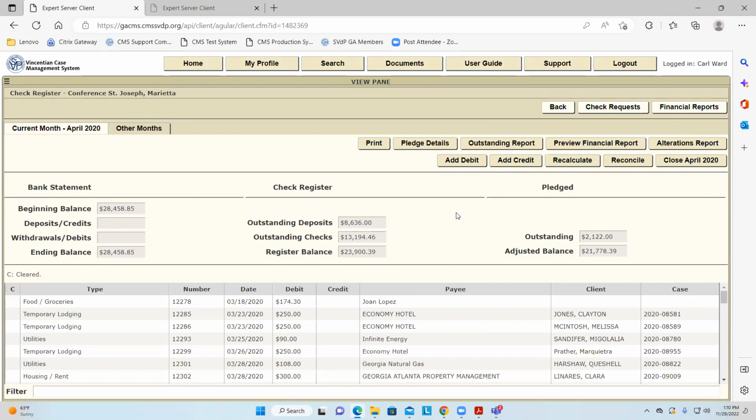There you go. That's the reason why you always press the recalculate button. Don't ask me why, don't ask me how, but my advice to you is when in doubt, press the recalculate button. If the number doesn't look right, especially when you get to the end of the month, the first thing you should do is a recalculate before you start closing the month. That's the very first thing you should do.